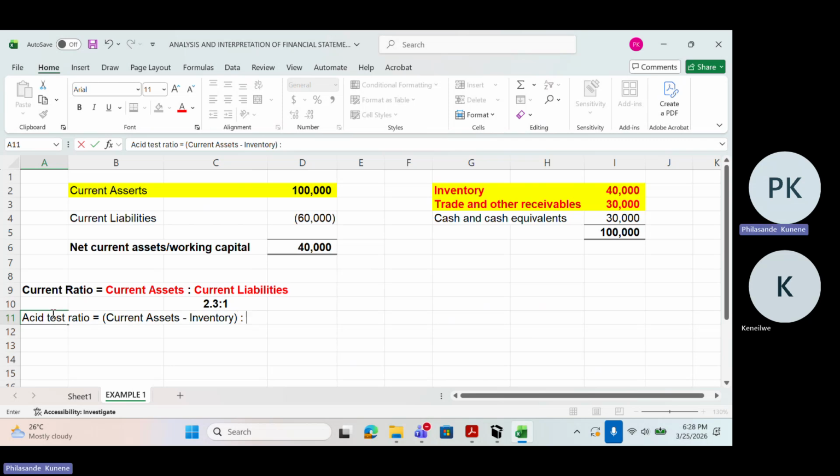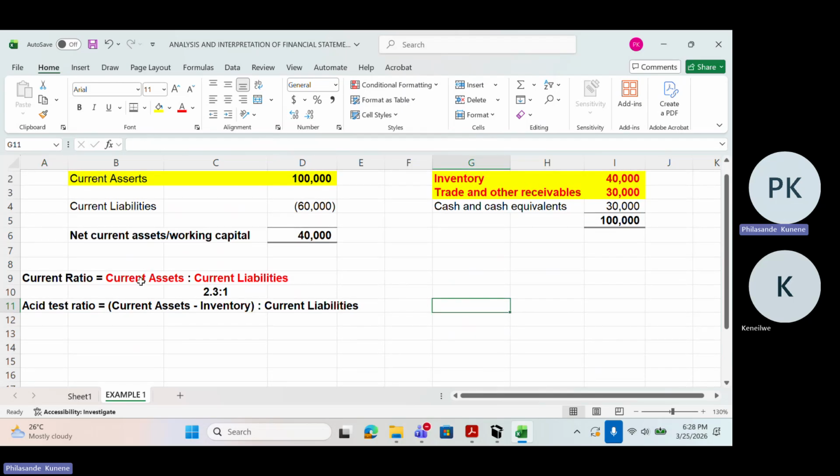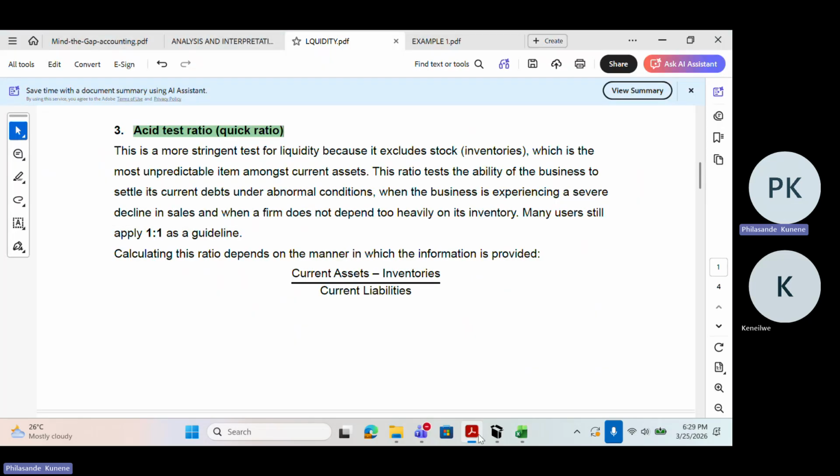Current assets minus inventory is to current liabilities. What are we trying to do here? We're trying to check if we are able to meet our short-term obligations without relying on inventory. If we take out the inventory, can we still pay our creditors? That's what we're checking. We should be able to, but let's look at what our note is saying here,